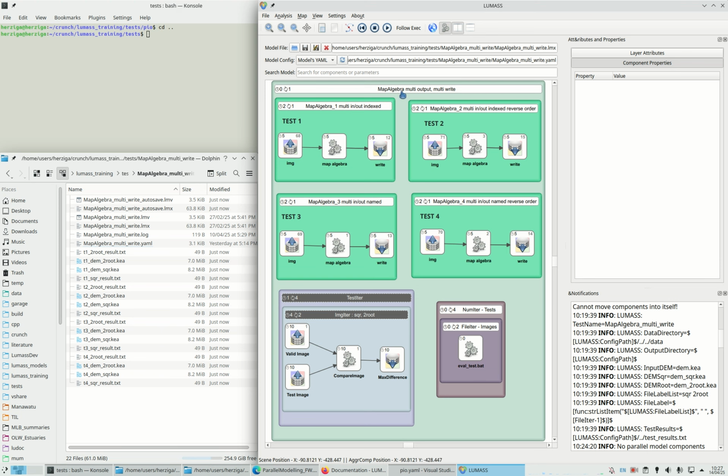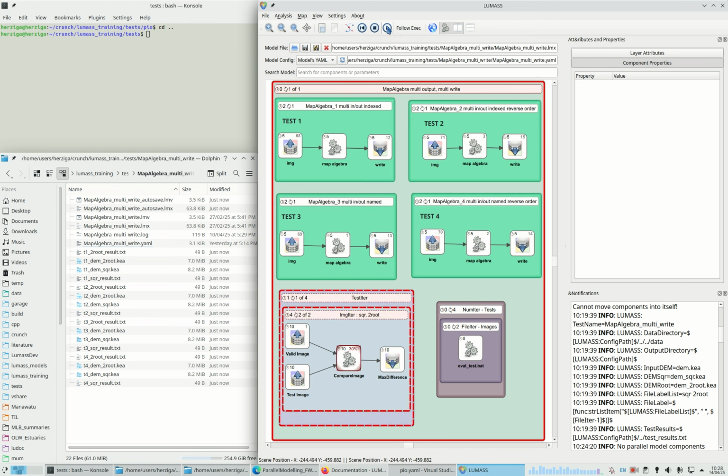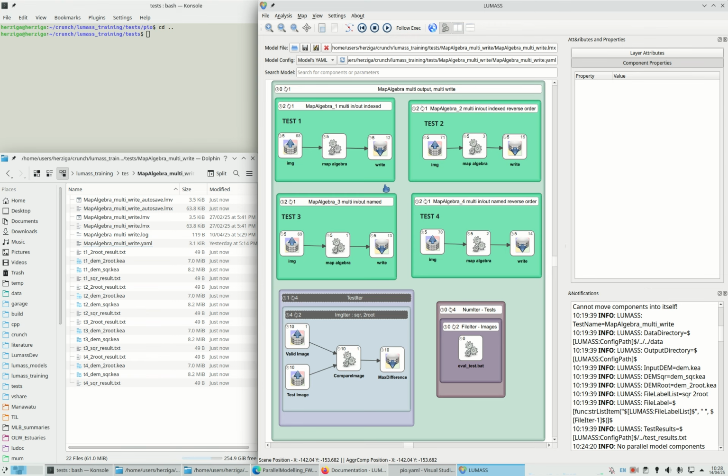And now we can run this test again. So now we clearly saw that those components were executed in parallel, and also tests were done in parallel